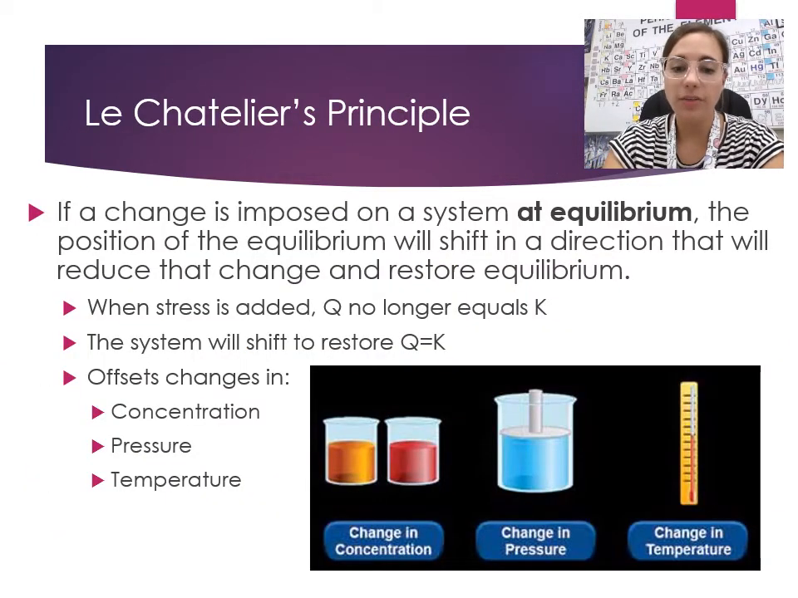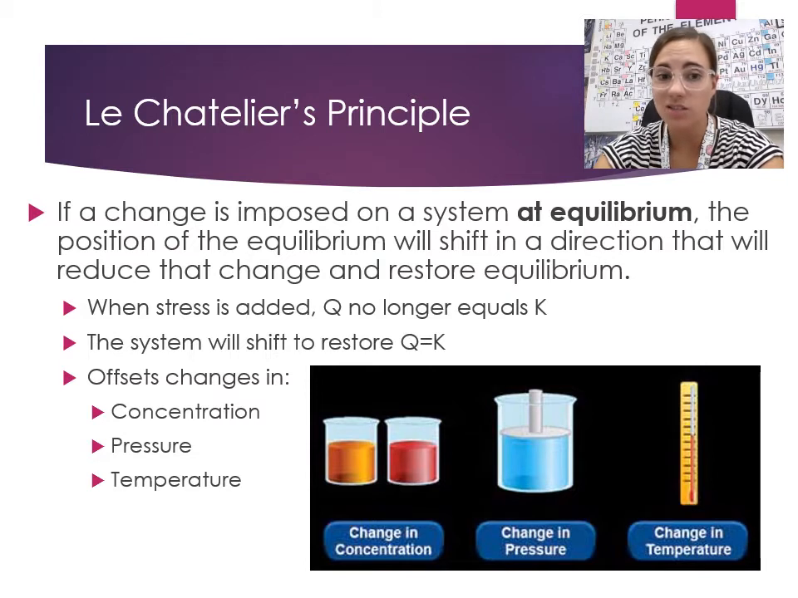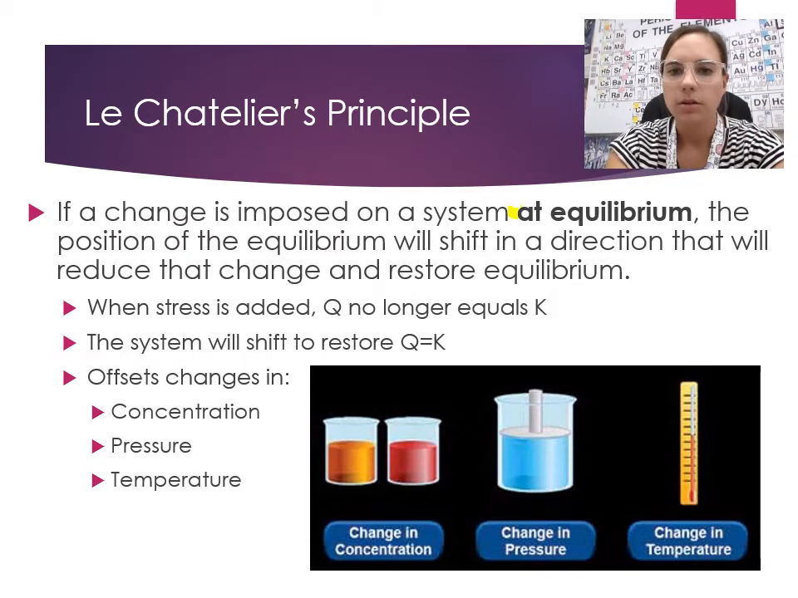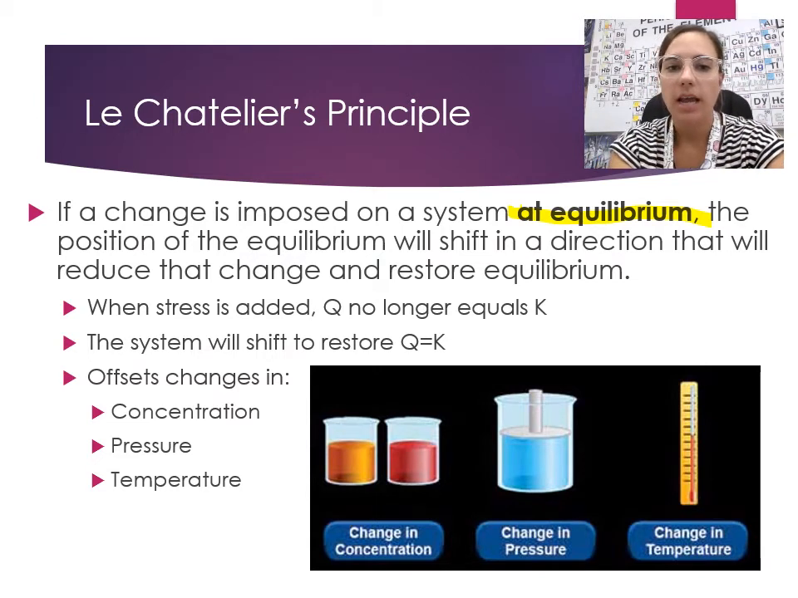Okay, so that was the reaction quotient. We used the reaction quotient to predict which way a reaction has to shift to get to equilibrium. Now we're moving on to something called Le Chatelier's principle, which is how a system at equilibrium responds when some kind of stressor is added. Le Chatelier's principle says if a change is imposed on a system at equilibrium, the position of the equilibrium will shift in a direction that reduces whatever change that was